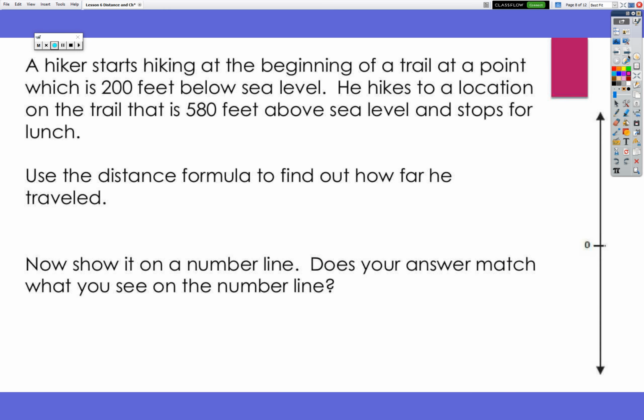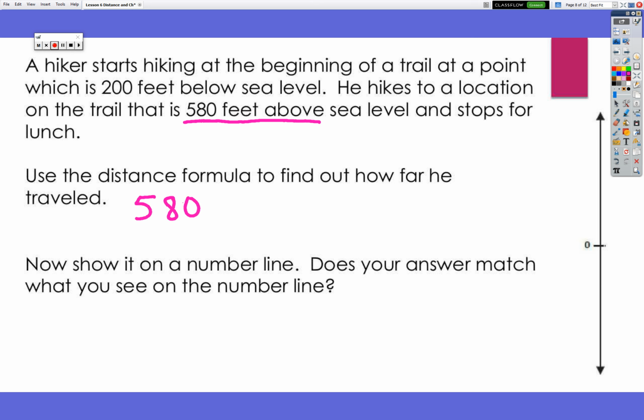Okay, let's take a look at what this looks like in a word problem. A hiker starts hiking at the beginning of a trail at a point which is 200 feet below sea level. He hikes to a location on the trail that is 580 feet above sea level and stops for lunch. Use the distance formula to find out how far he traveled. Okay, now remember, we're going to subtract the two numbers. So I'm going to start with the last number. So this number says it's 580 feet above sea level. So if it's above sea level, it's going to be positive